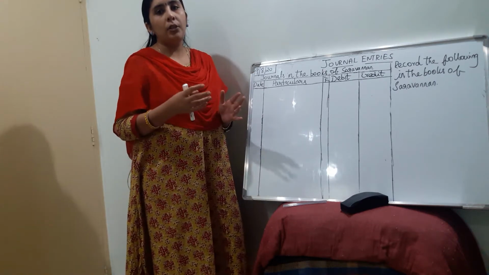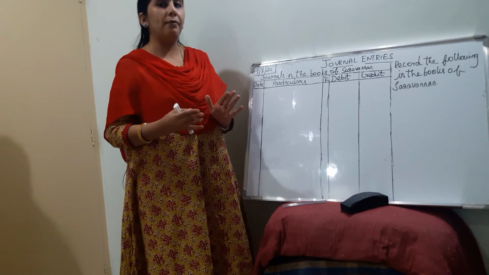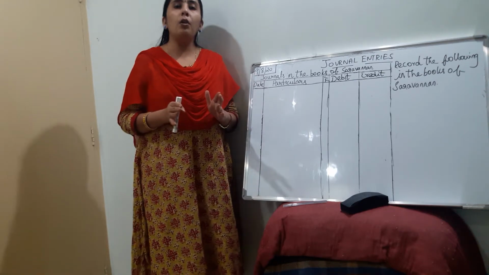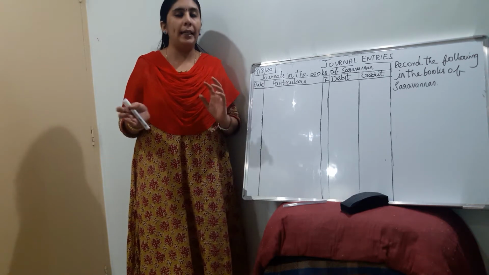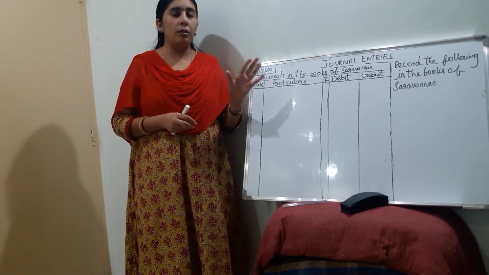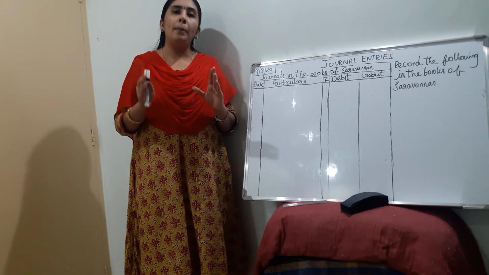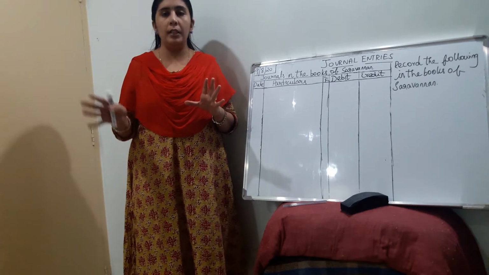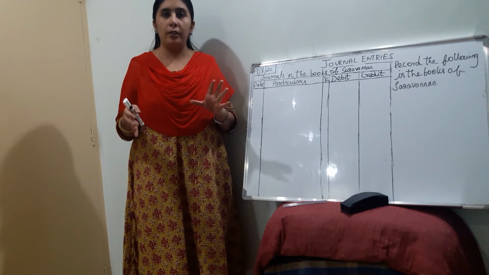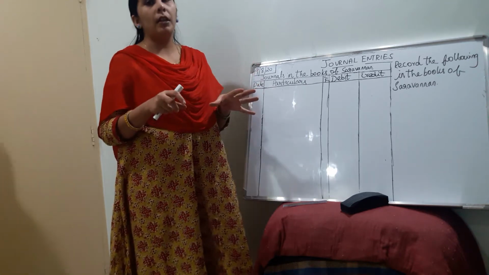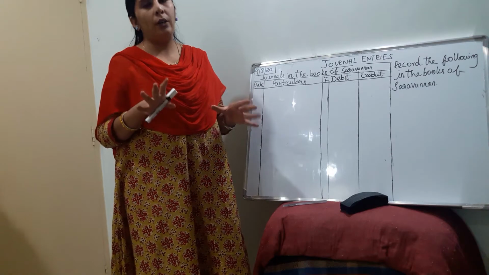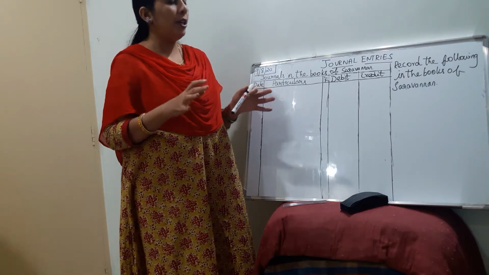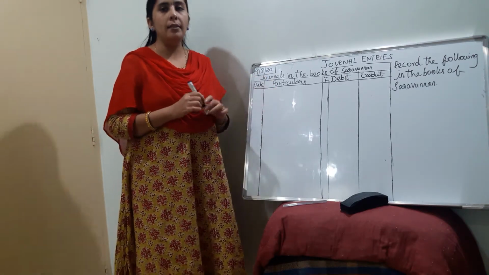That is, the cash is not paid immediately, it is paid after some time, or you are purchasing from a certain person to whom you will be paying cash later. As this will relate to purchasing from some person, the name of the person is mentioned. How to post such a transaction in the journal books and how to record it, the explanation of the transactions will also be seen in this video.